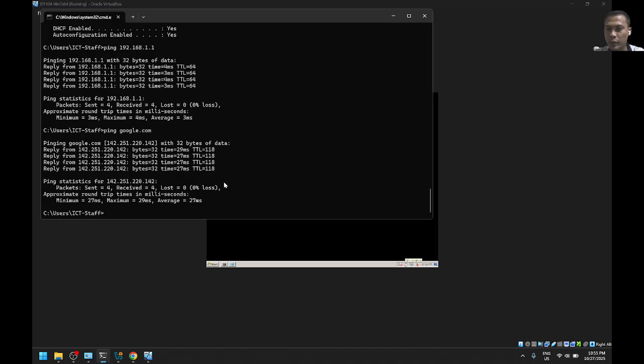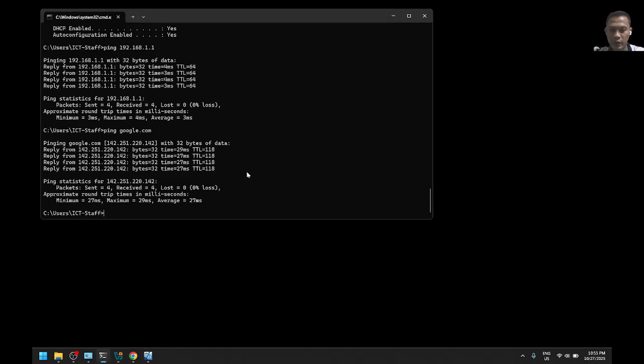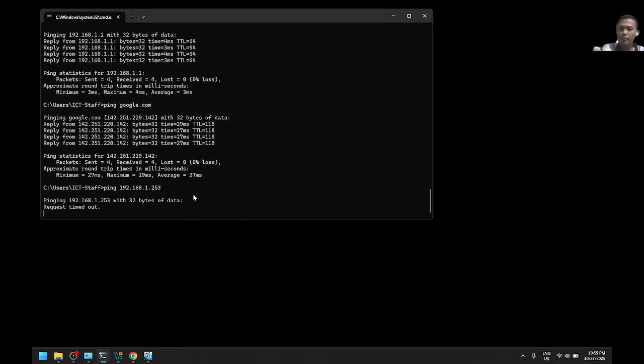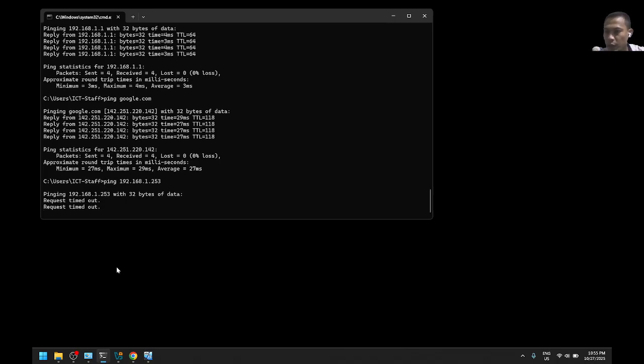Pinging the virtual OS from the base OS, arrow up, ping 1.253. This time, the base OS cannot communicate with the virtual OS.